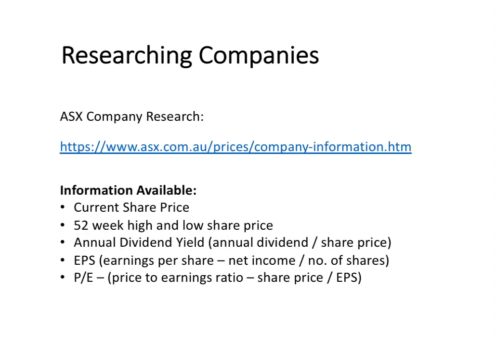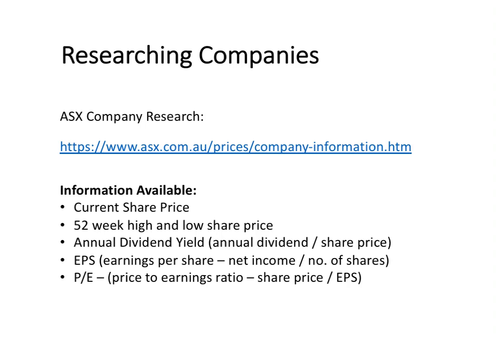So another way of minimizing your risk is researching and making informed financial decisions. So you can research companies through the ASX website, where you can look up their 3-letter code and it'll bring you up information about that company. Available information includes the current share price, the 52-week high and low share price. So you can see over the past year how high and how low the share price has gone. It also helps you to identify if it's currently trading near the peak over the last year or if it's trading near the low over the past year. So it'll help you to see whether the share price is on the up or on the decrease.